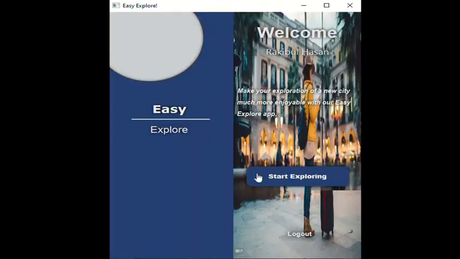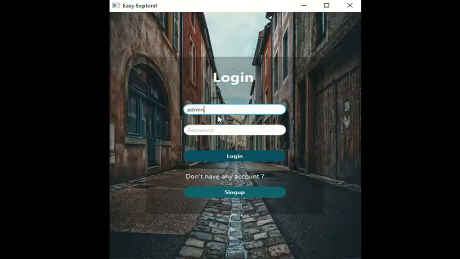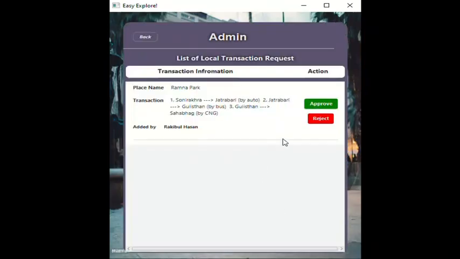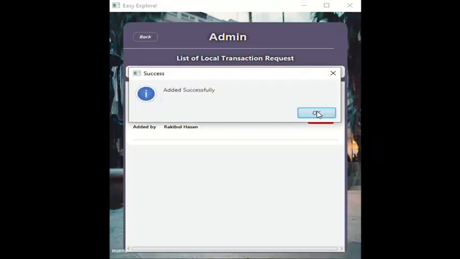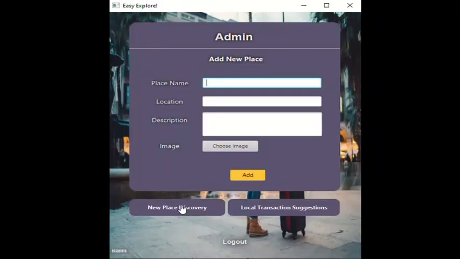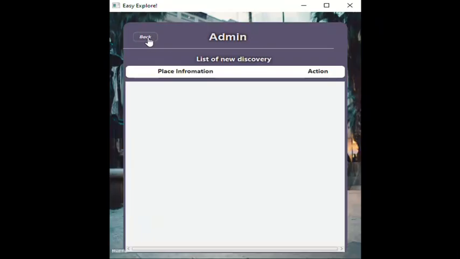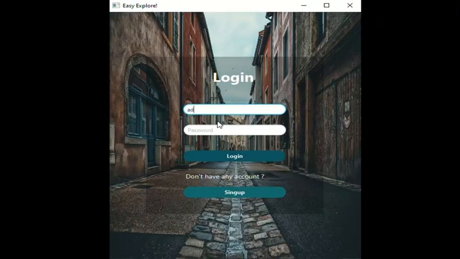If I go back and log out and try to log in as an admin, there is one other option, which is local transaction. Whenever a local transaction has been made, as an admin, I need to approve or verify that this actually is correct or not. If I approve, it will be approved. And the new place discovery, if I add them, it will be added. And if I log out and log in as a user again,